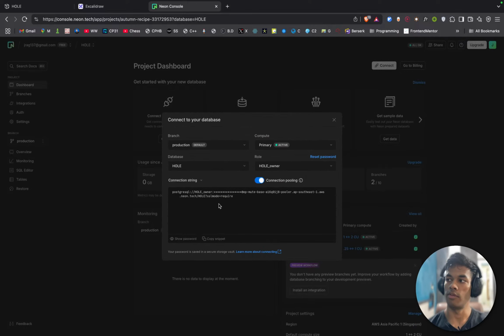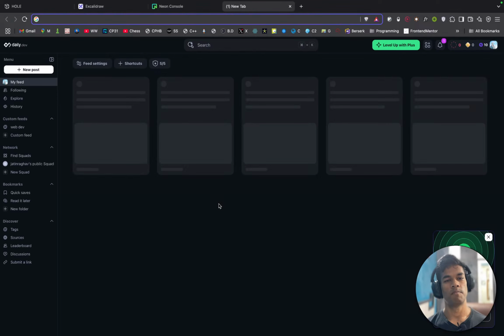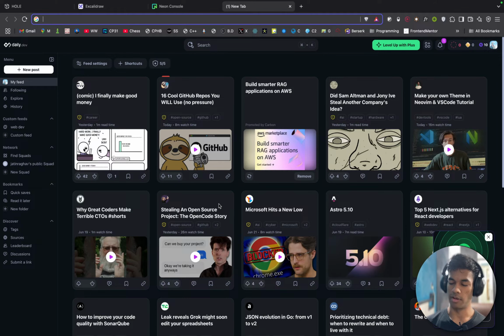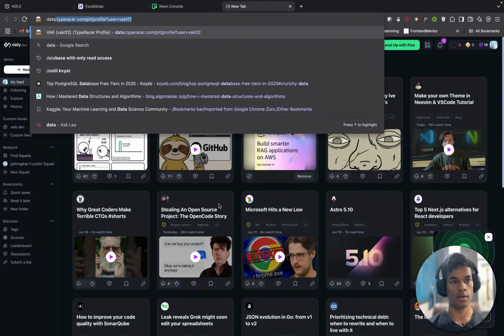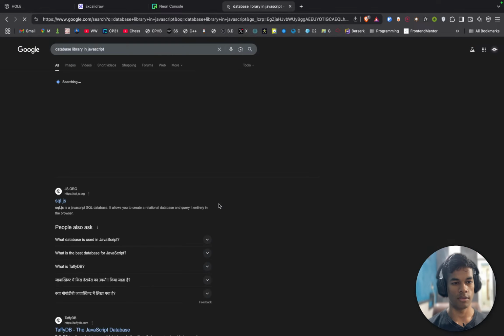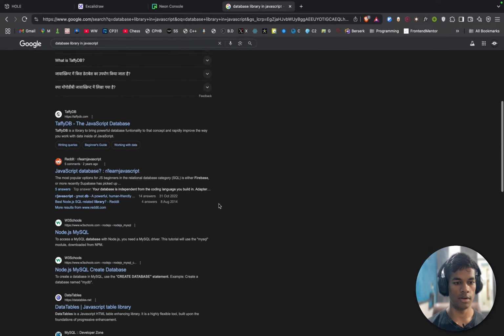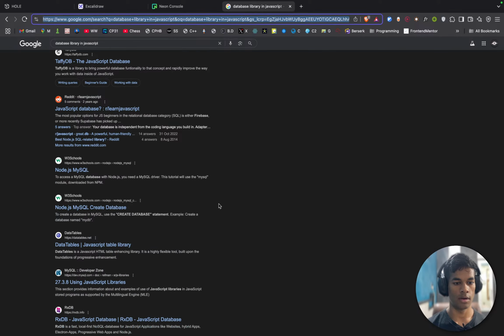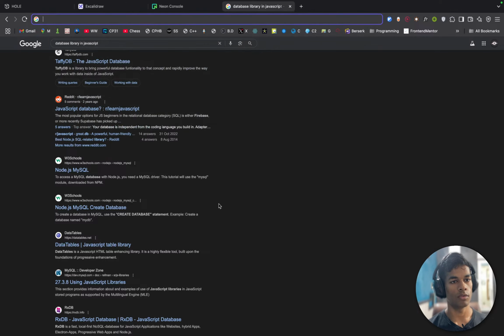I can either use a library, what is the abstraction library over SQL? Database library in JavaScript. What is it called? What was the name of that library which we can use?